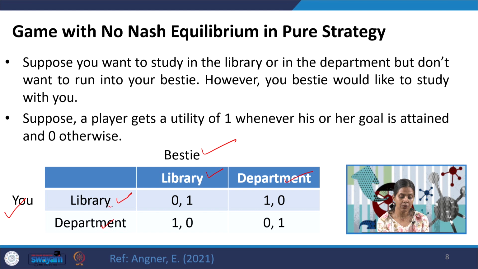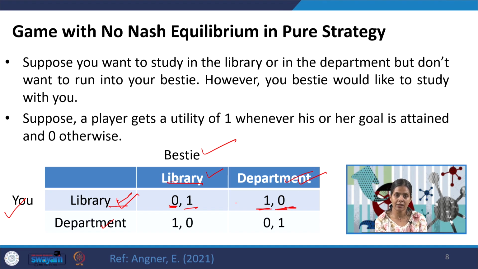So, if you happen to be in the library and your best friend is also in the library, so basically you two are studying together, your goal is not fulfilled, you are getting a utility of 0, your best friend is getting a utility of 1 because that is what she wanted to do. But if you are in the library and she is in the department, then your goal is fulfilled, you are in two different places and you are getting a utility of 1 while she is